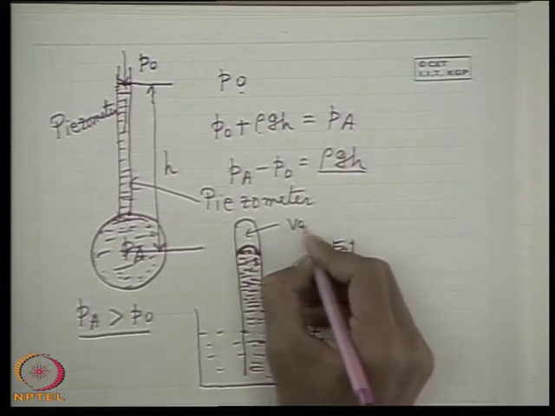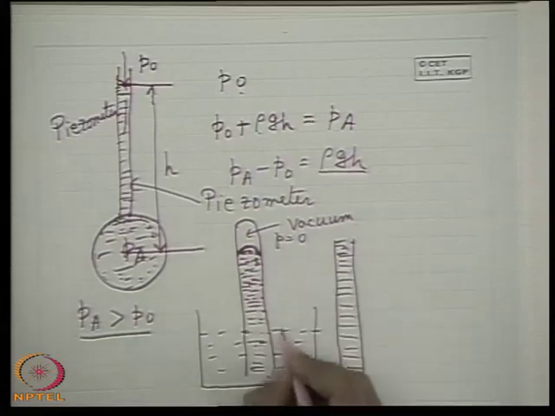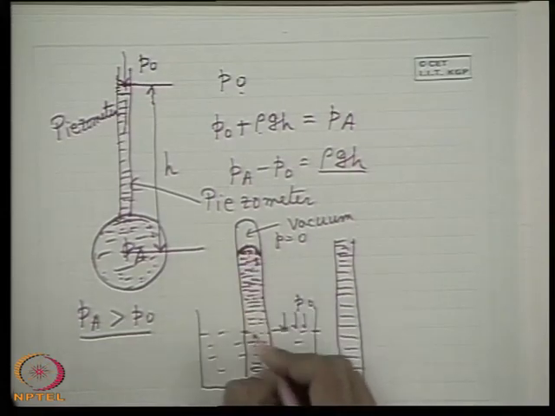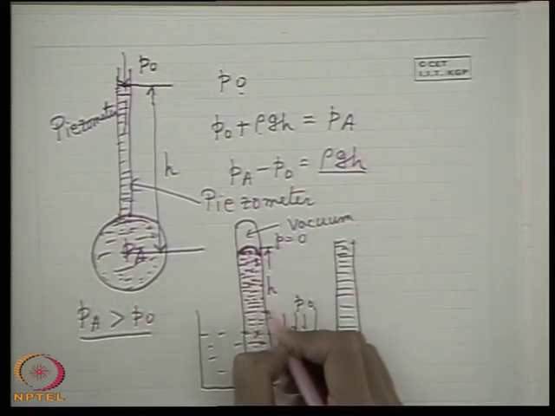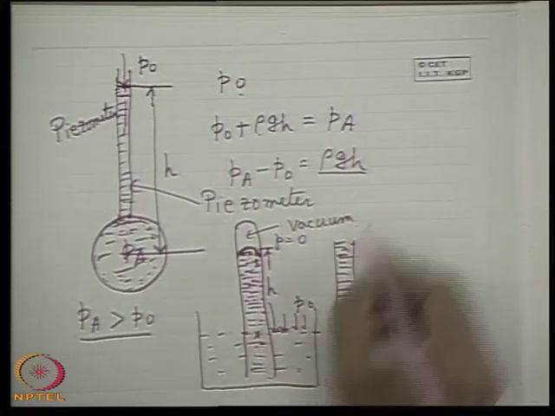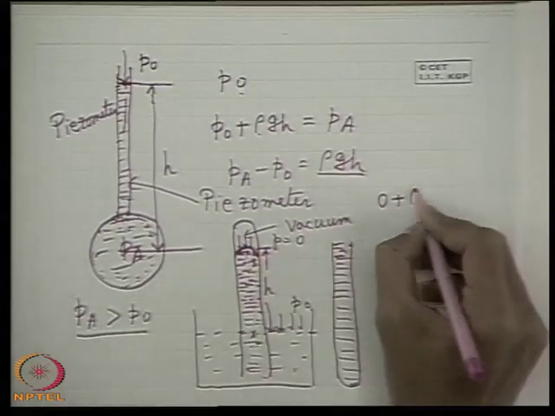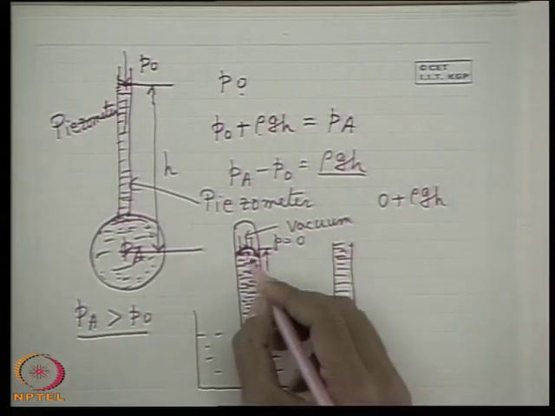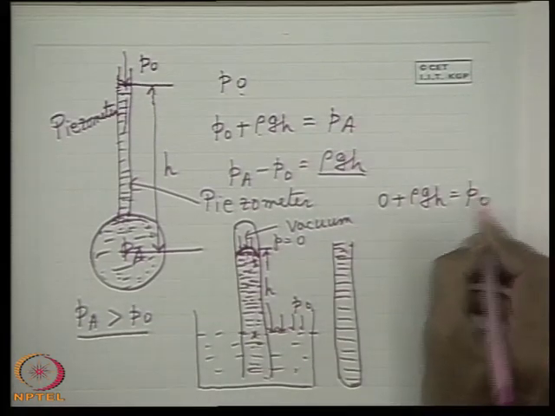It's almost vacuum, that means the pressure is almost 0. But here the pressure is P0. So from this side, if I equate the pressure here, this is responsible for this height of the liquid. That means the pressure here is 0 pressure impressed on this free surface plus rho gh. We know the pressure for this height h is rho gh, and that becomes equal to the local atmospheric pressure,